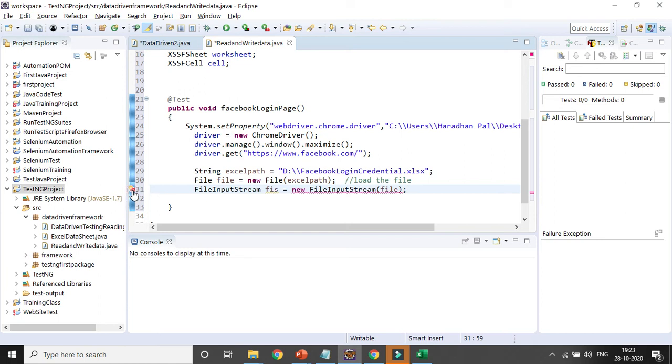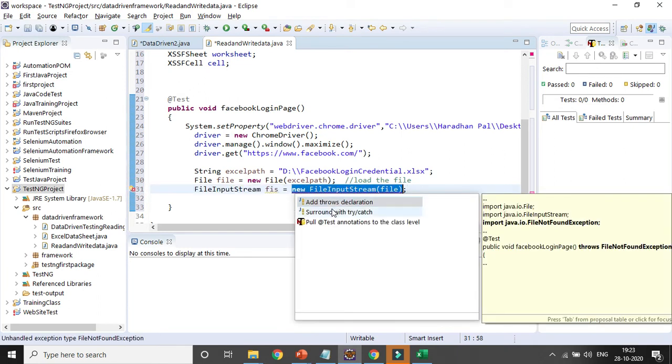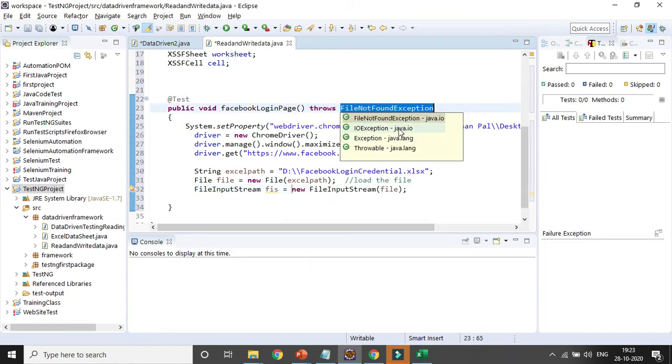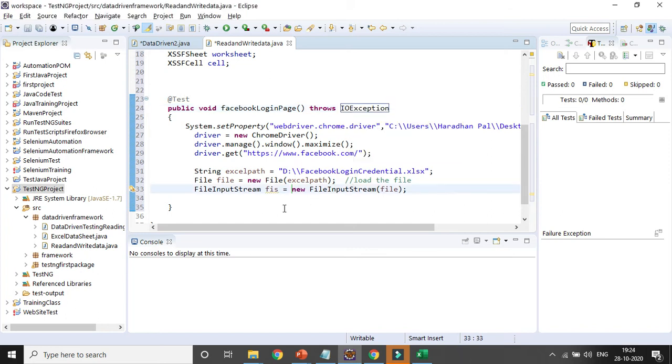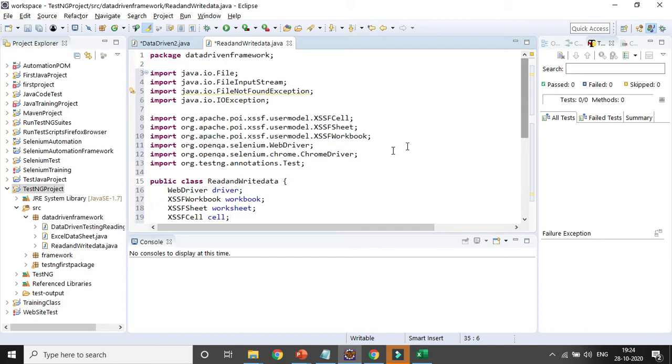Here you need to import the FileInputStream class. We also need to add some throws declarations, so I will add IOException, because I am using a file. FileInputStream is available in the java.io package.